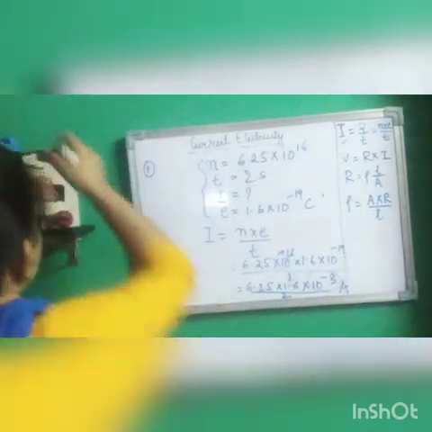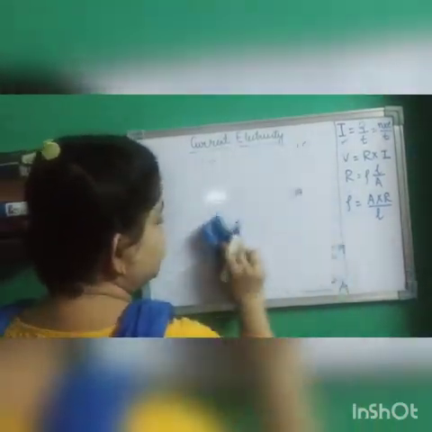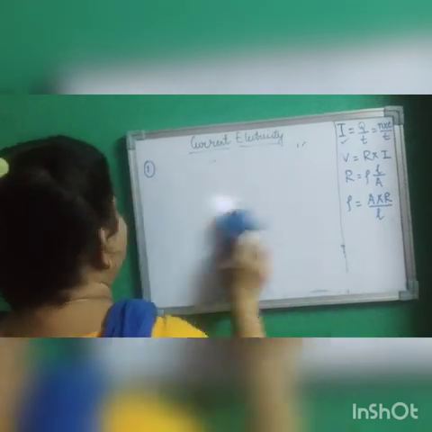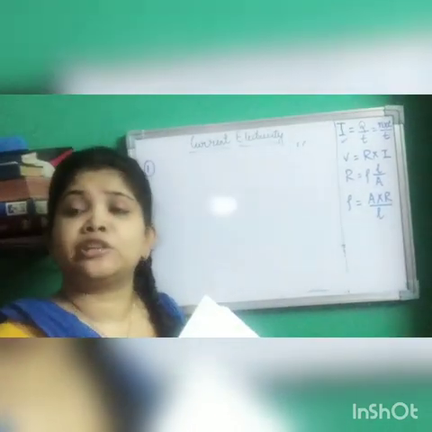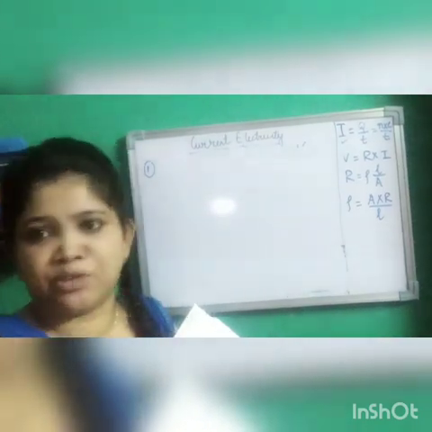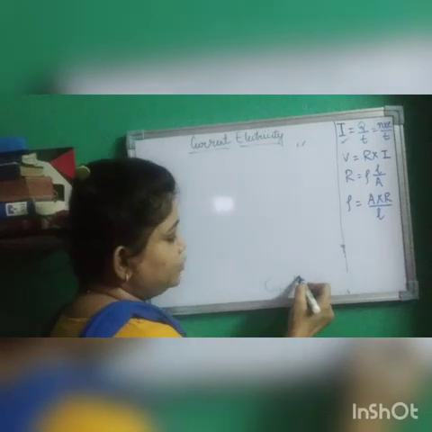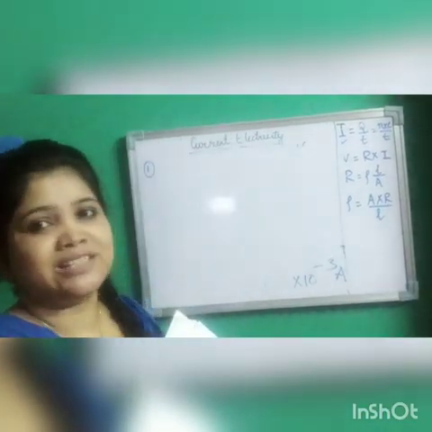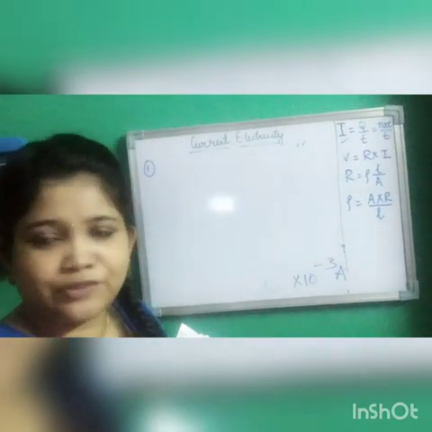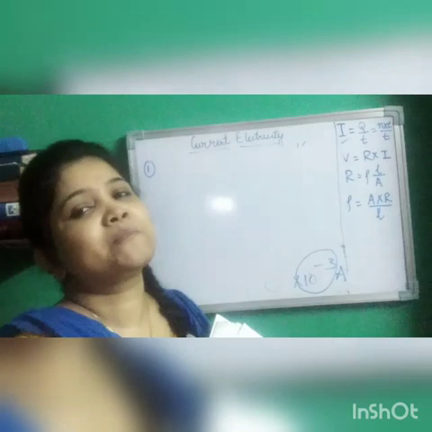Okay, now let us move to the next sum, sum number 2. Now you will see here that you are getting the answer. Obviously we have converted the first sum, we have written all the quantities in SI unit. So the answer will come as something into 10 to the power minus 3 ampere. Now in your book it is given in milliampere. Don't get confused, because 10 to the power of minus 3 ampere means milliampere.